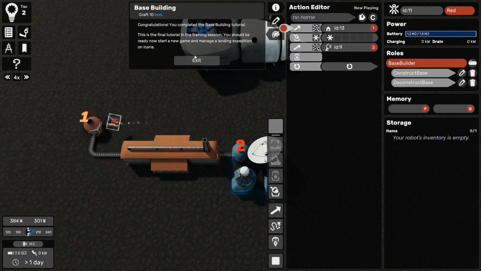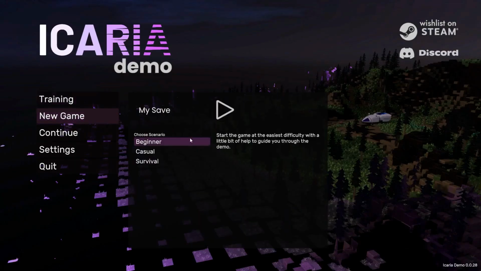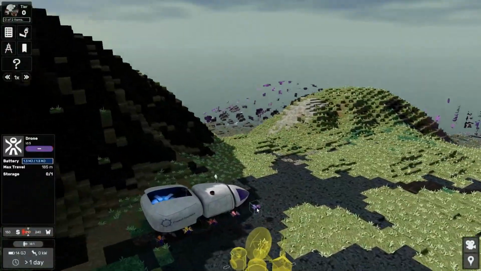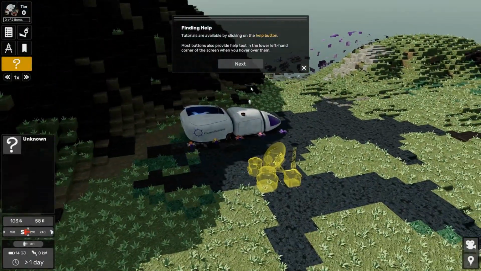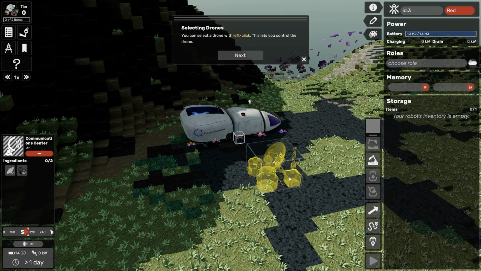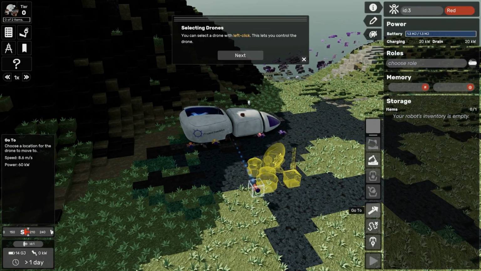This is the final tutorial. Okay. Alright, well, let us begin. Alright, here we are. Ooh. That's actually a good transition there. Tutorials are available by clicking the help button. Okay. Surface. Alright. Okay, so